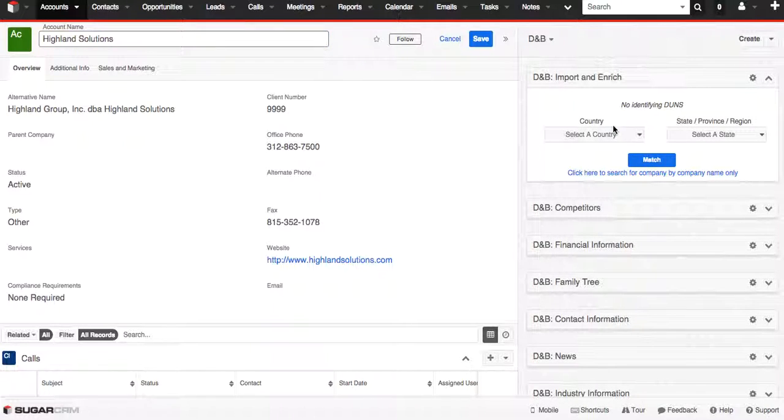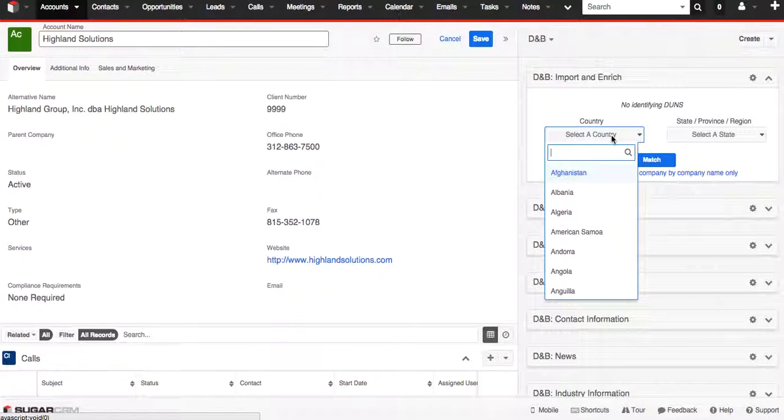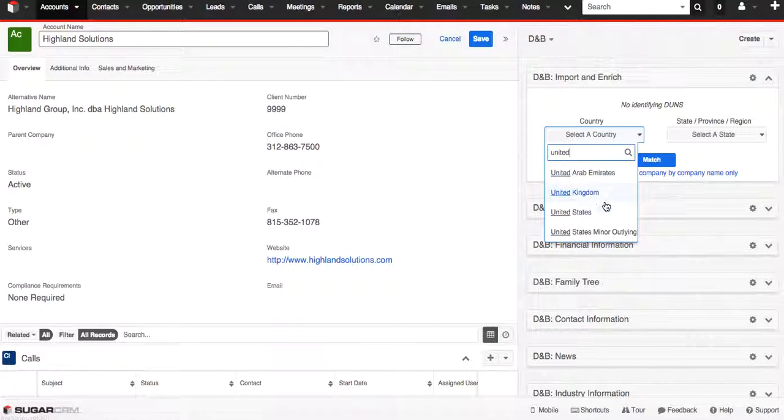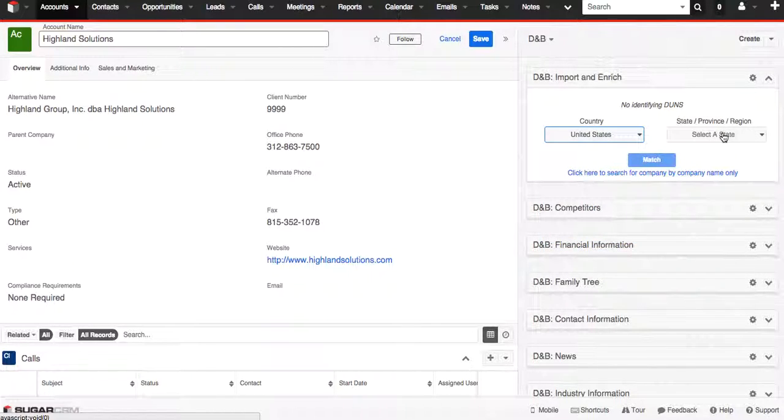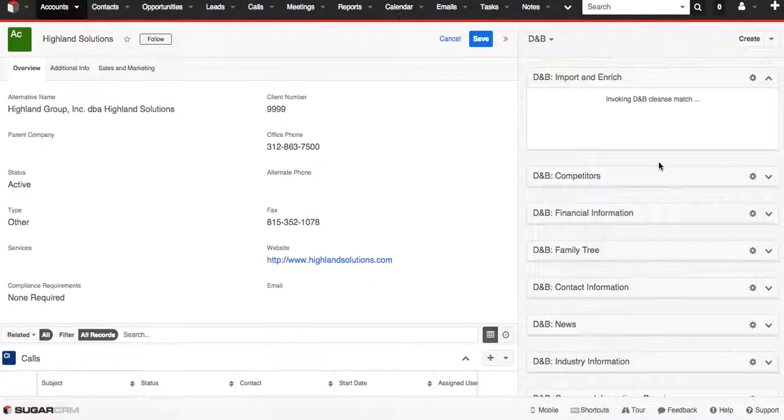The first thing I'm going to do is select the country that I know the company is in, and in this case I know that they're in Illinois, obviously, so I'll go ahead and select that. If you don't know the company, country, or state, you can click here to search for company by company name only. You might get a lot of results back if it's not a very specific name, but you can do that. So I'm going to click match once I've got that information,